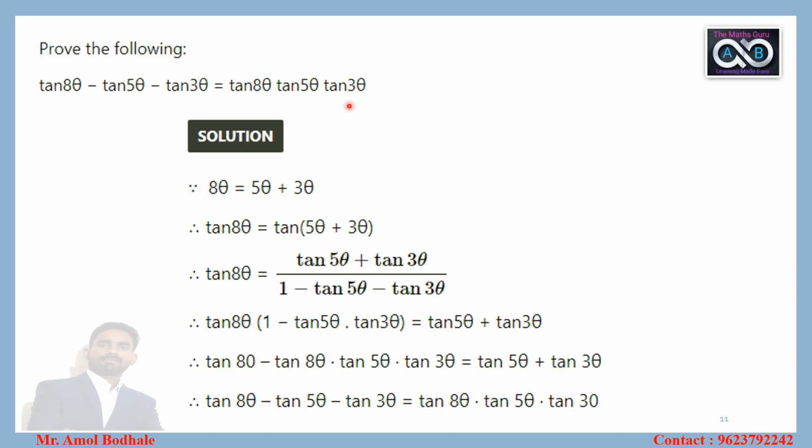So in the same way, for any angles A, B, C where the relation between them is that the sum of two angles is the remaining one, then obviously we can write tan A minus tan B minus tan C as tan A into tan B into tan C for any angles A, B and C. So we can prove any example based on this statement.